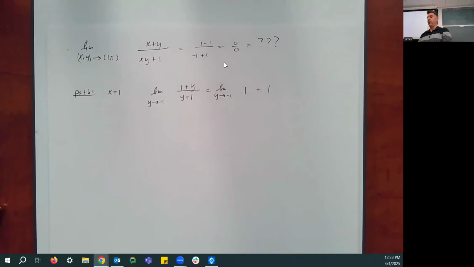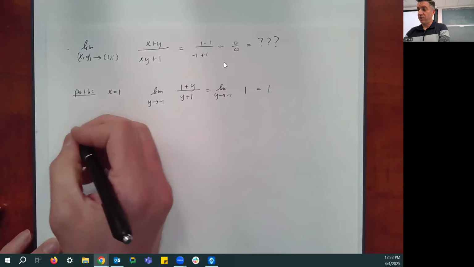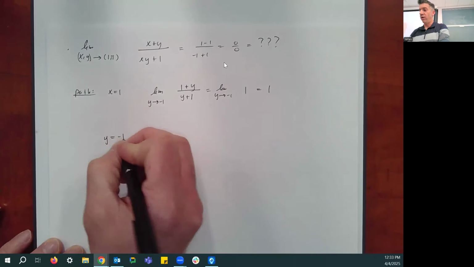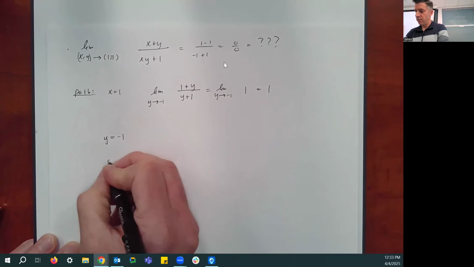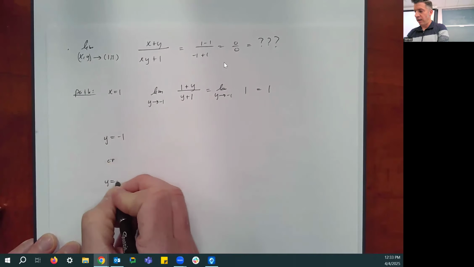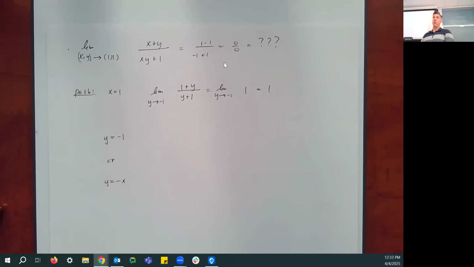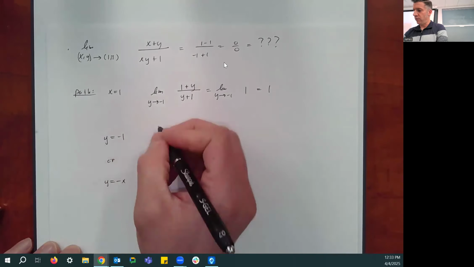So now we're just hoping to find some other path that goes to this point, 1, negative 1, that doesn't have a value equal to 1. There's a couple of choices I might make. I would probably try choosing y equal to negative 1. Another plausible choice would be y equal to negative x. That's a line that does go through the point 1, negative 1. But let's try y equal to negative 1. So if we do that,